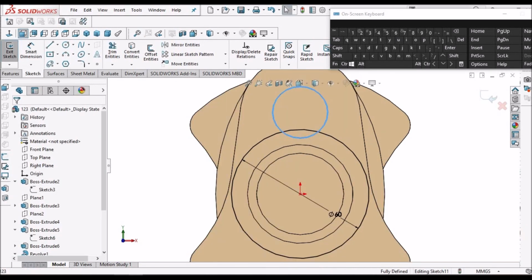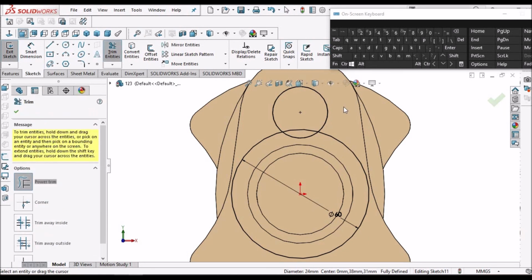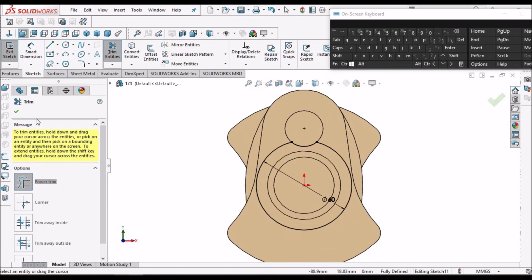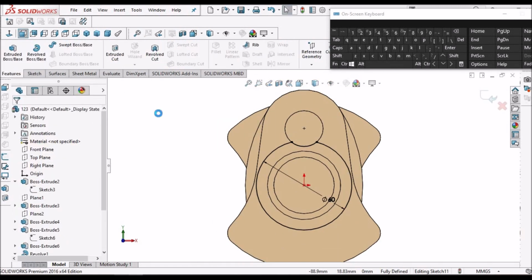So what we need to do is click this and go to trim, power trim, and go to extrude.